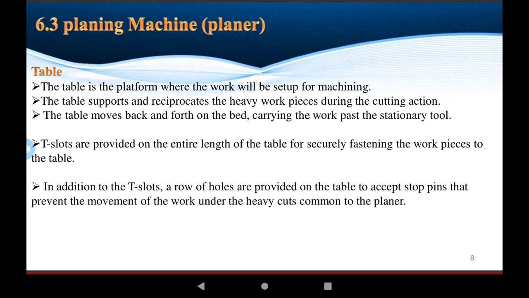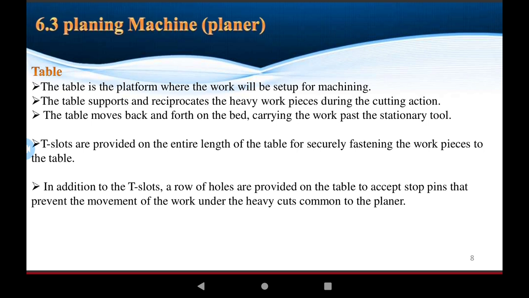Clamps, jigs, and other tools on the tables are used in very high lever mechanisms, and the sliding movement of the tables is also set for large belt devices. Gears are also used for power transmission. In addition to the T slot, a row of holes